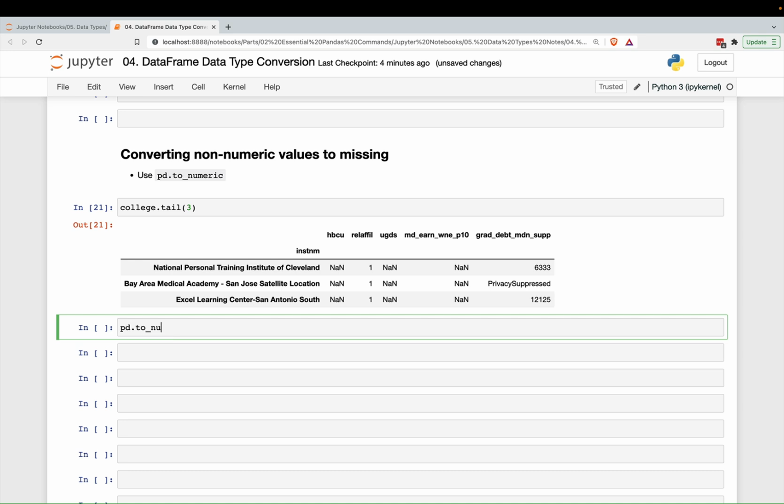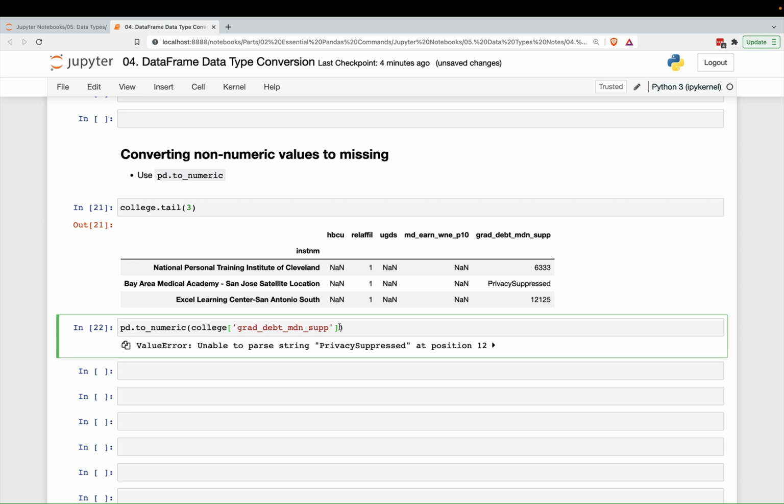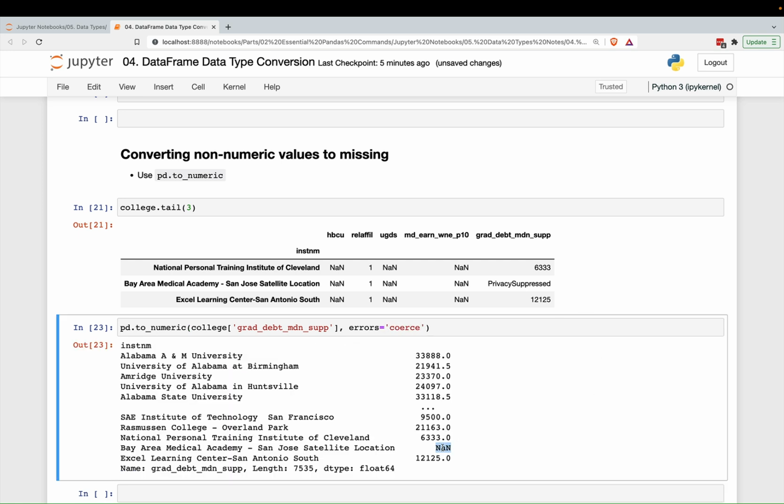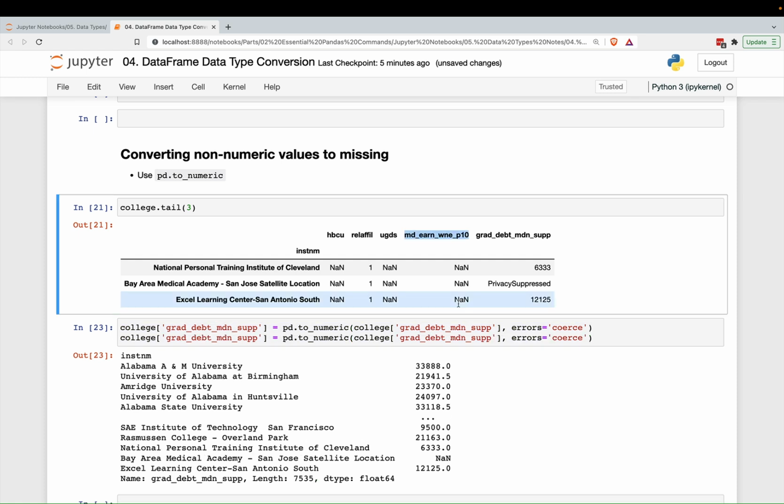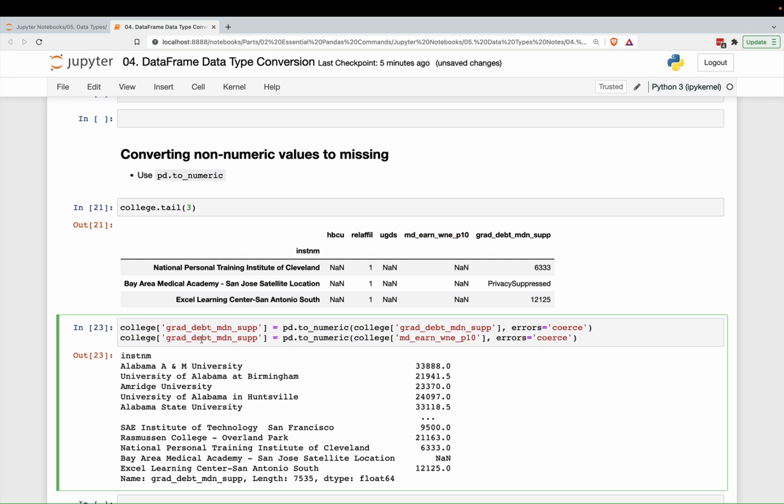And to do that, we use the toNumeric function, and then we pass in the column that we want, like this. And if we try this like this, this will only work if all of them are numeric strings, but we have to set this errors parameter to coerce, which will force it to be missing. So the way to complete this is to overwrite our column like this, and actually this column as well has that same issue with the privacy